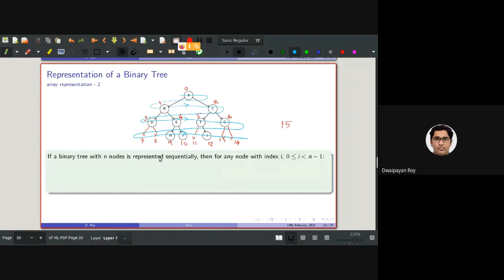So if I number them sequentially, the parent of I will be at this position if I is not equal to 0. So what am I referring to by this, the floor of I/2?